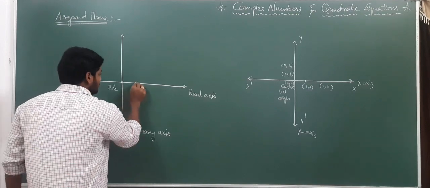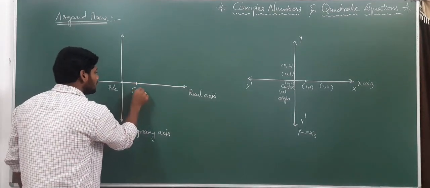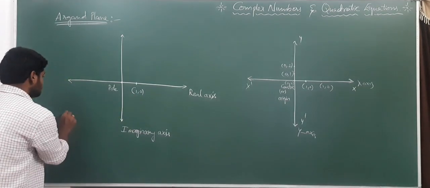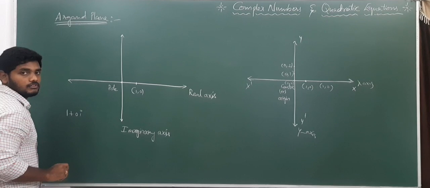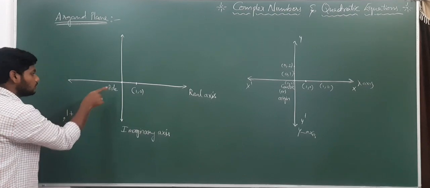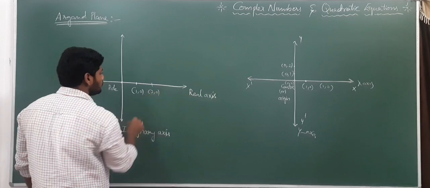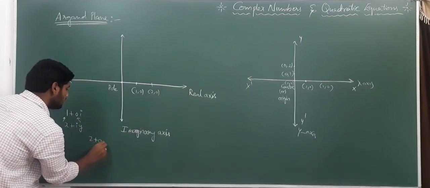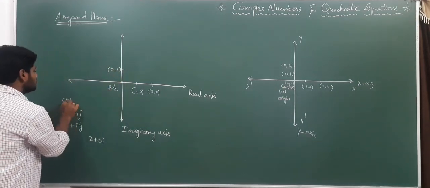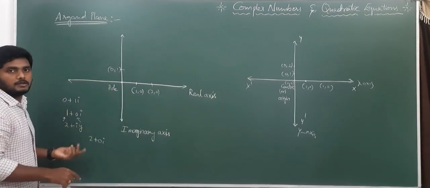But for example, if I take a point on the x-axis like 1, 0, while mentioning the point it is 1, 0 only. But in terms of a complex number it is 1 plus 0i, in a plus ib or x plus iy form, so the x value is equal to 1, the y value is equal to 0. Next, if we take the 2, 0 point, that literally means the complex number 2 plus 0i. If we take the 0, 1 point, that means 0 plus 1 into i. Why? Because the x value is 0, the y value is 1, in x plus iy form or a plus ib form.